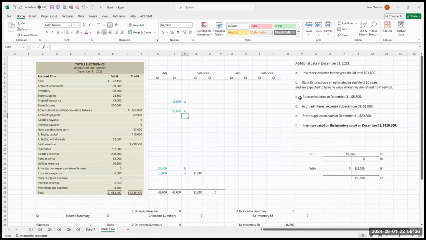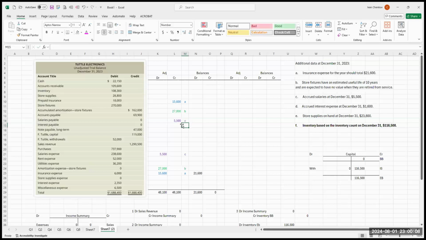On letter C, we have to accrue salaries for $5,500. How can we do that? By debiting salary expenses with $5,500. If we debit salary expenses with 5,500, we have to create some account. That will be salaries payable, 5,500. Don't forget, on the adjusting